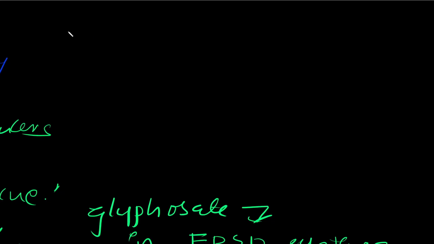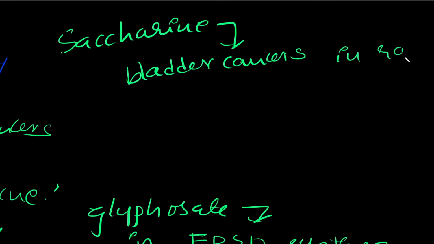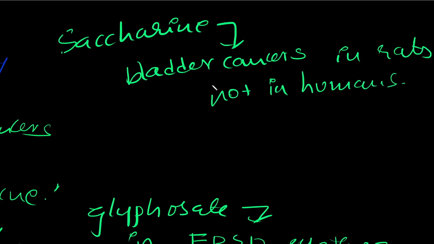So you would have heard about saccharin. Saccharin is an artificial sweetener. It causes bladder cancers in rats, but not in humans, because the mechanism of action of saccharin is different, and saccharin causes bladder cancers only at very high concentrations